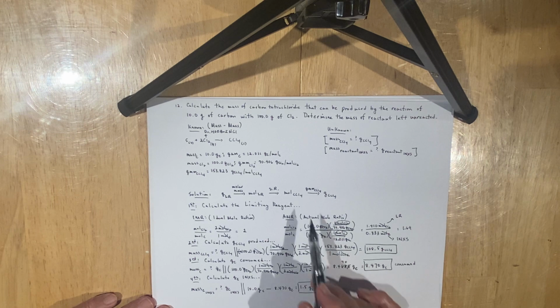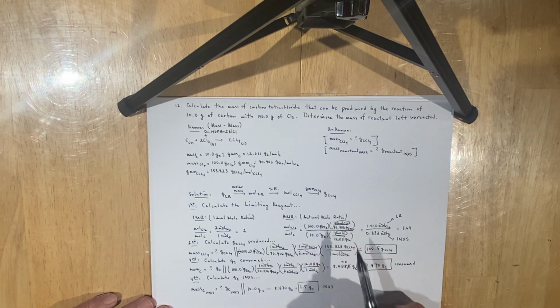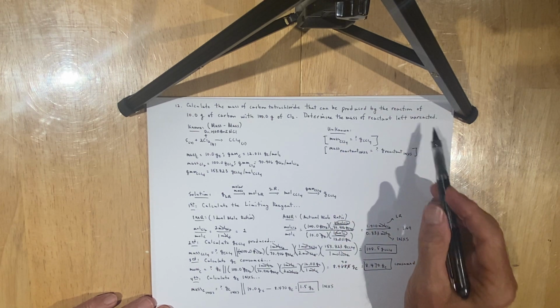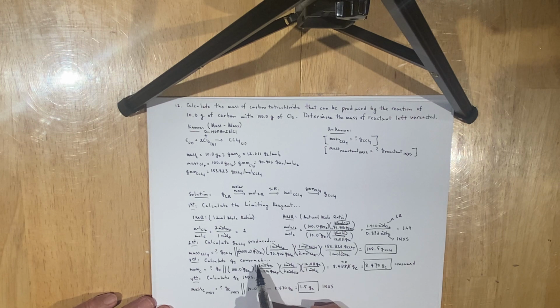And then we use the gram molecular mass of carbon tet to get to grams. To determine the mass of reactant left unreacted, you first have to determine how much is consumed. So you go back to your limiting reagent, and we say that 100 grams of chlorine consumes a little bit